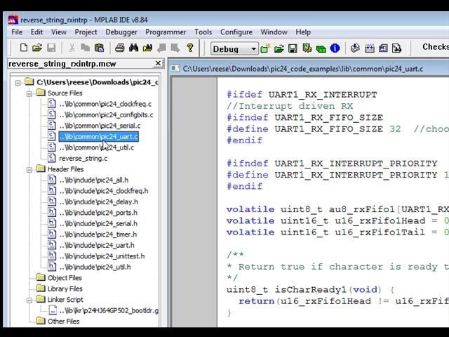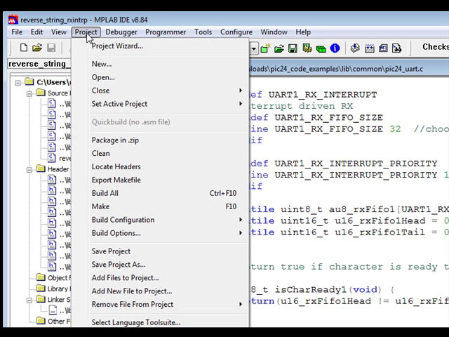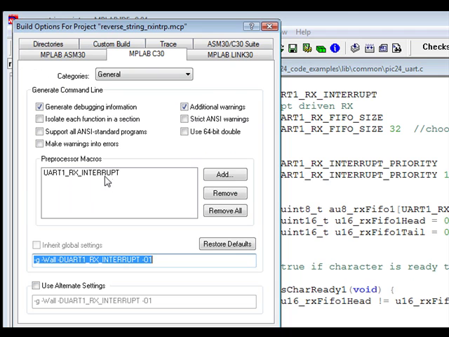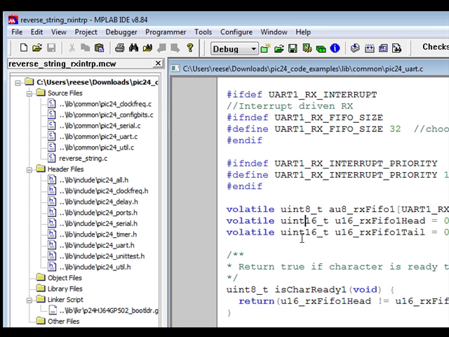This code is all defined in our library file pic24_uart.c. The interrupt-driven RX code is protected by this conditional compilation label UART1 RX interrupt. In order for this code to be compiled, you have to turn it on in the project, and to enable it, you go to Project, Build Options, Project, MPLAB C30, and add this preprocessor macro UART1 RX interrupt like I've done here,